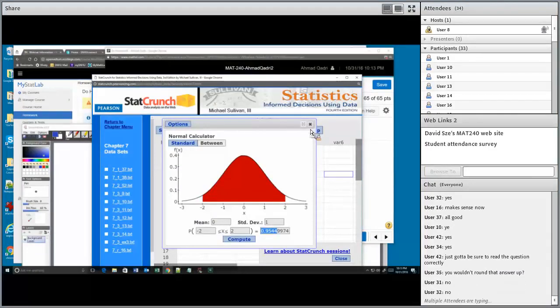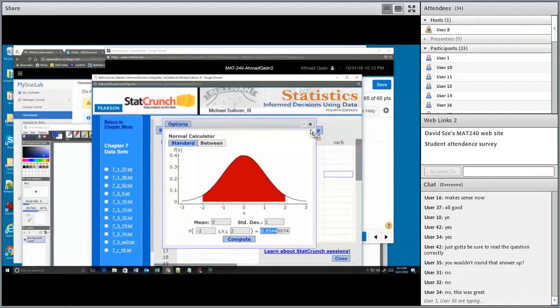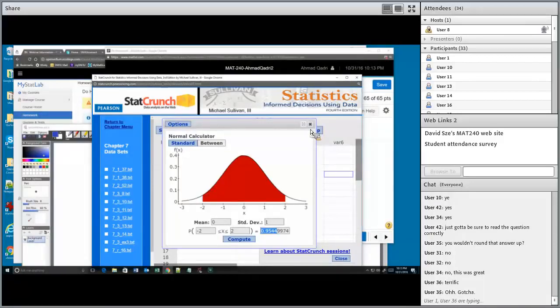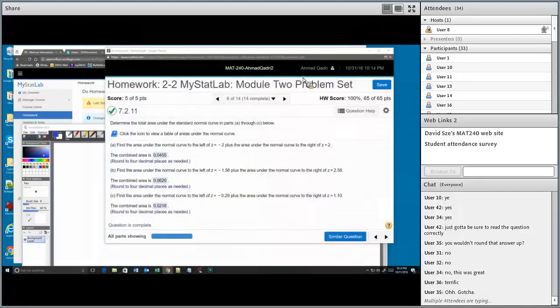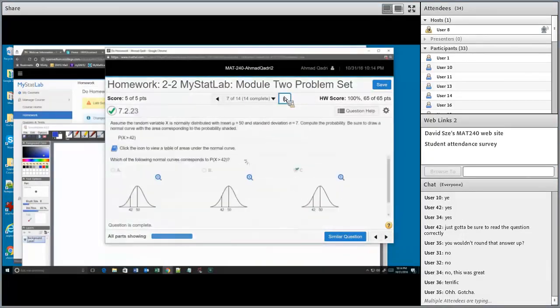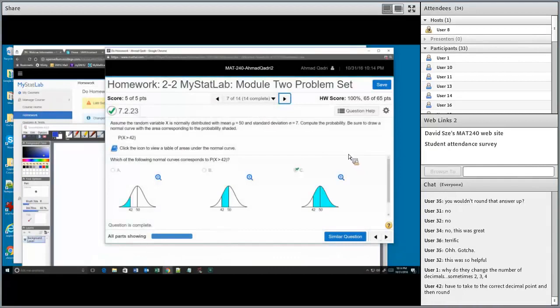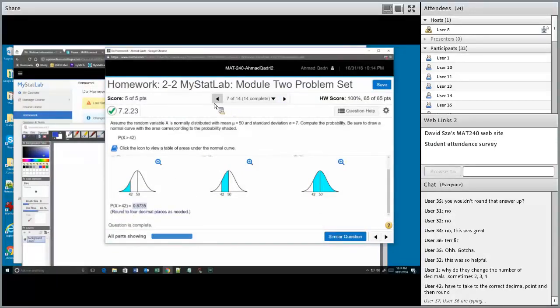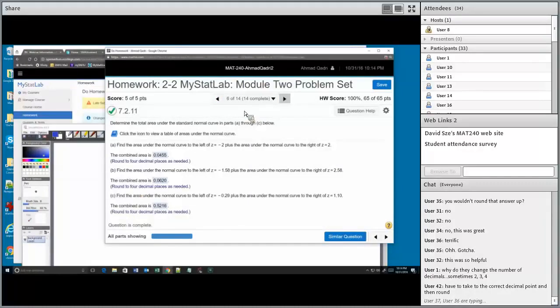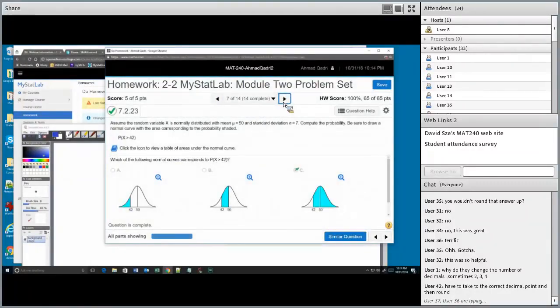Christine, always round the final answer, okay? Always round the final answer. When you get the final answer, then do the rounding. Do not round before that. Yeah, so whenever you're doing your calculations, do not round until the last step. Okay, excellent. No questions. Looks like you all got it. Let me move forward. I want to do a few more problems and then we'll call it a night. Yeah, Donna, this is just per question. So most of these questions this week will say 4 decimal places. So that's just the way the question is asked.